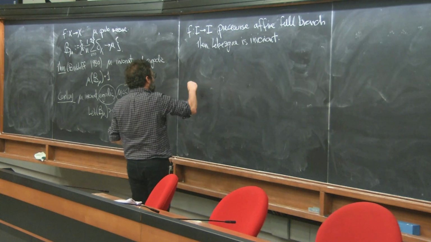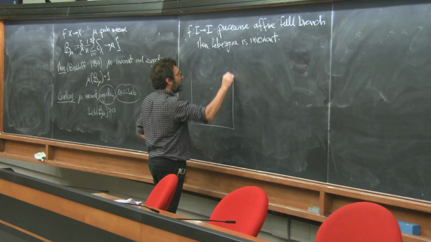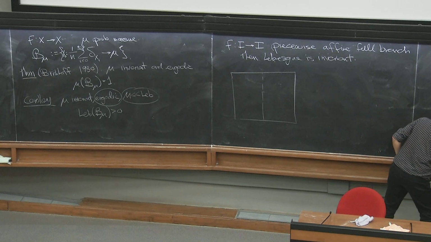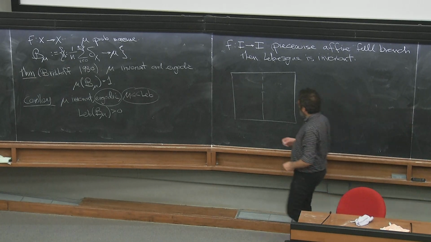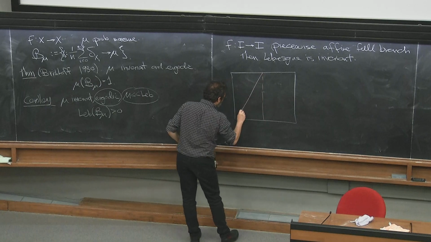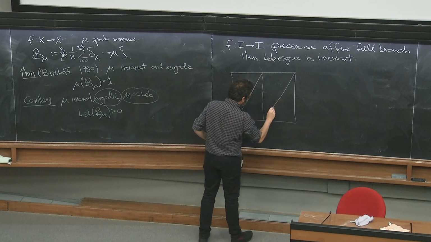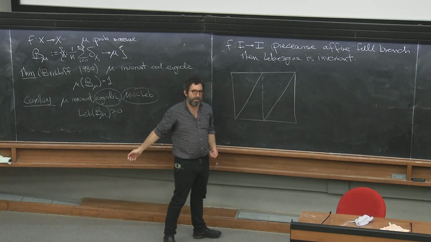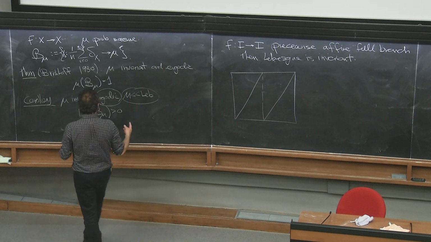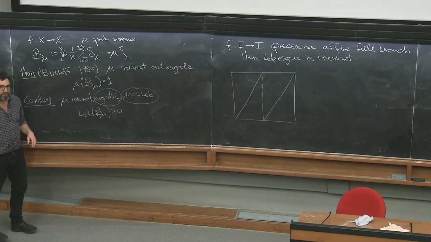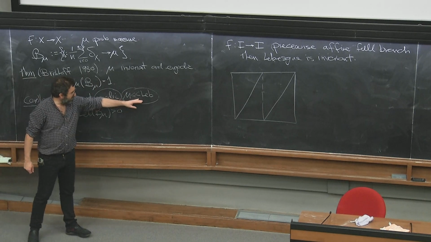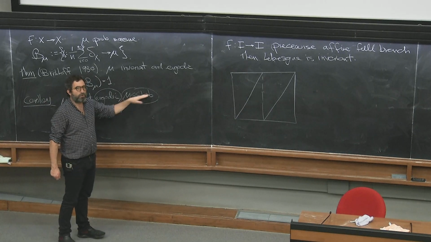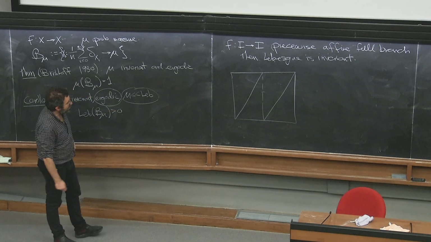But of course, the simplest cases are just cases like 2x mod 1. Right, so if we have, for example, 2x mod 1, then it's very easy to see that Lebesgue measure is invariant. So if Lebesgue measure is invariant, then we have already verified 2 out of 3 of these conditions, right? Because Lebesgue measure is invariant, and it's trivially absolutely continuous with respect to Lebesgue. It's all of Lebesgue measure.